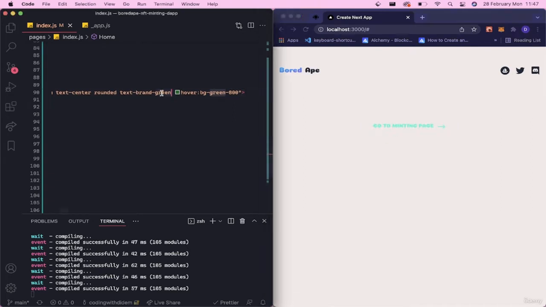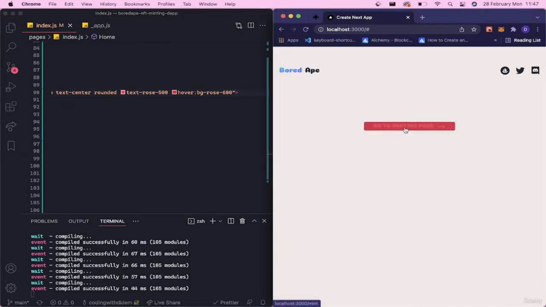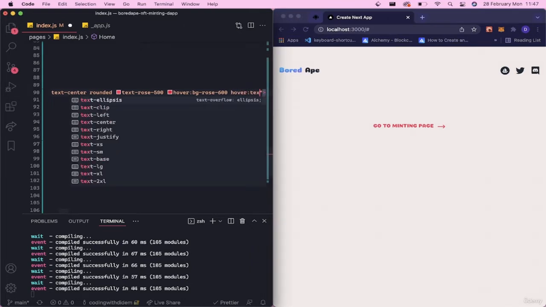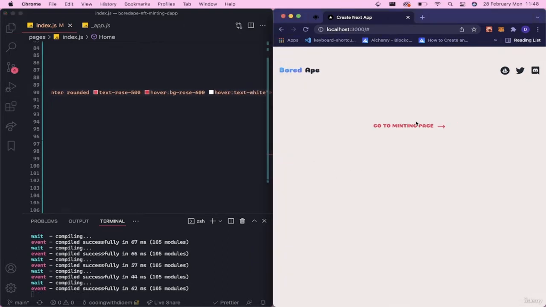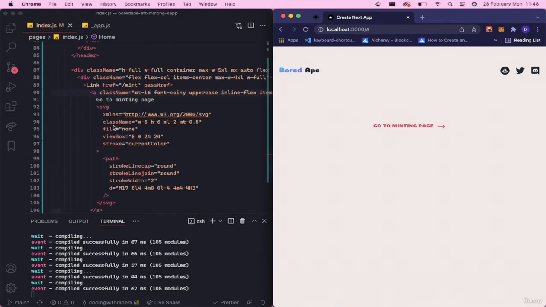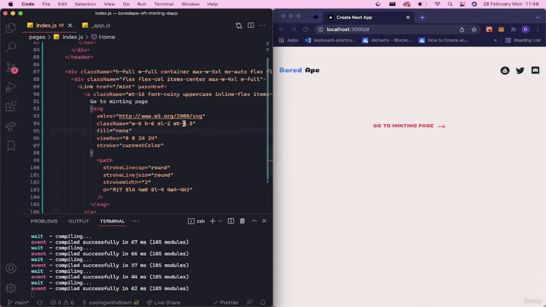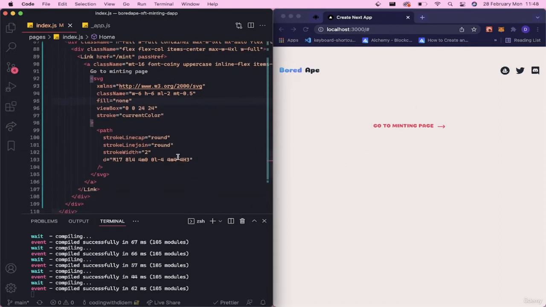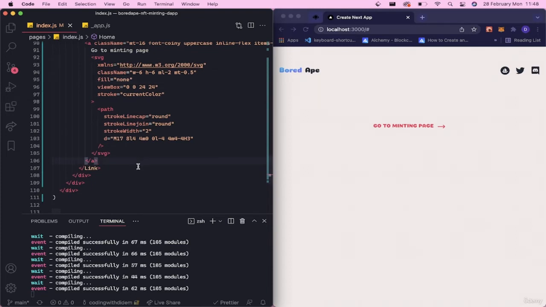And actually, let's change the screen back to rose because it was better. Rose 500s, and for the hover, it's also going to be rose 600. Okay, it looks like this, and let's change the text to white. When hovered, let's make it white. Yeah, this is better. So this is going to take the user to the minting page. And after this, we will have the